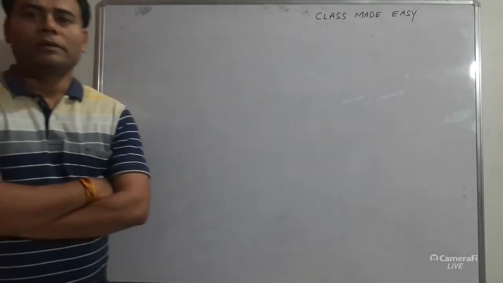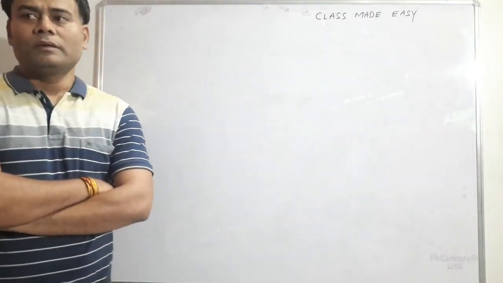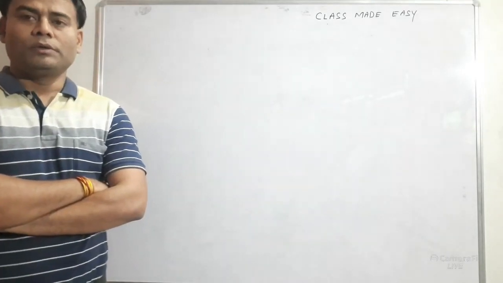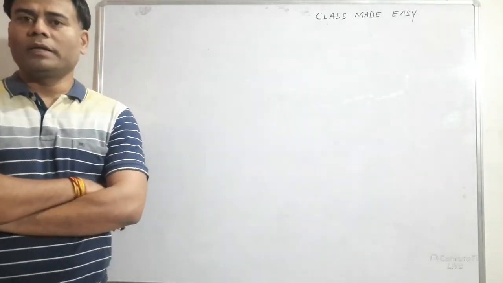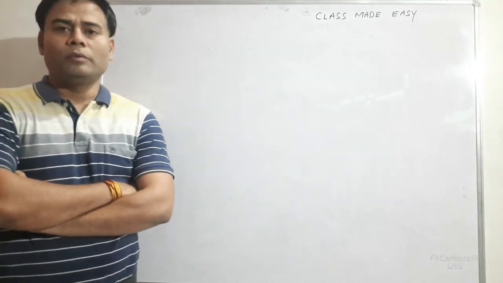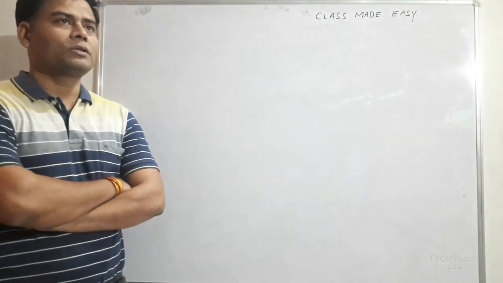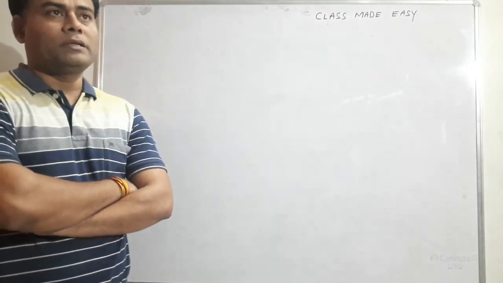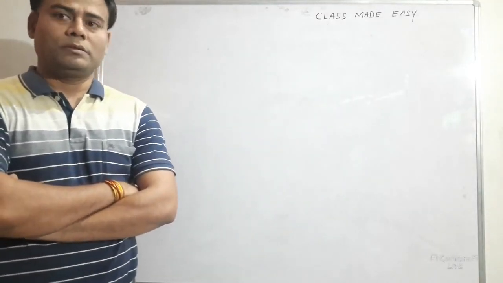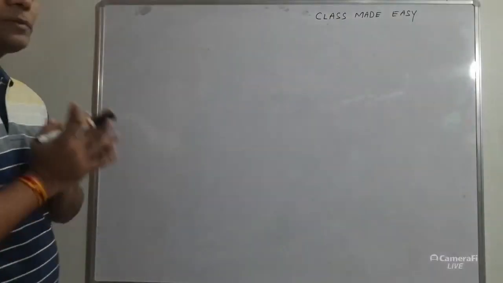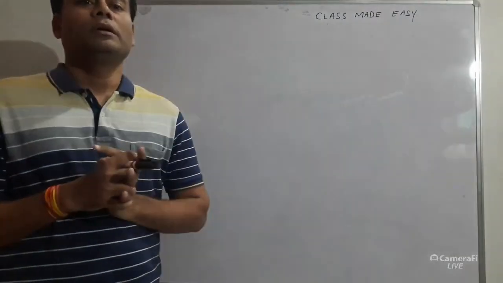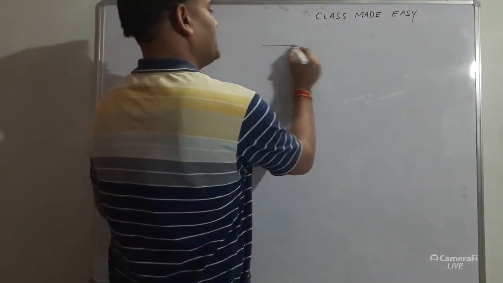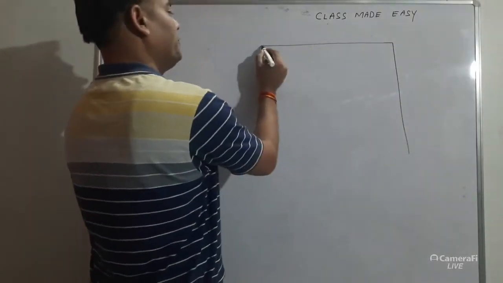Hello students, today we will discuss one problem regarding chessboard. You know chessboard, in that how many rectangles are there, how many squares are there, and also how many rectangles which are not squares. So we will discuss for chessboard, and you know for chessboard that is 9 horizontal lines like this and 9 vertical.